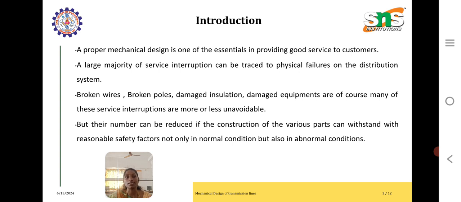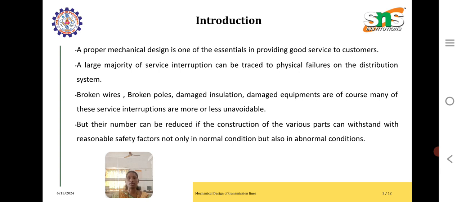Customers, we people using electricity, receive power transmitted from a very long distance from the generating station. That generated power should be properly supplied to the customer in order to use a valuable power. Broken wires, broken poles, damaged insulations, damaged equipments, of course many of these service interruptions are